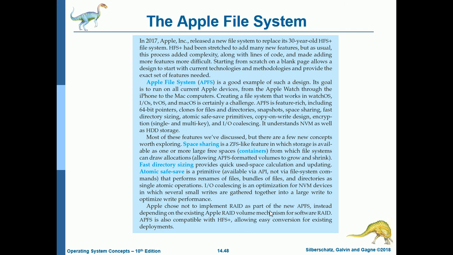Atomic safe-save is a primitive available via API, not a file system command, that performs renames of files, bundles of files, and directories as single atomic operations. I/O coalescing is an optimization for NVMe devices in which several small writes are gathered together into a large write